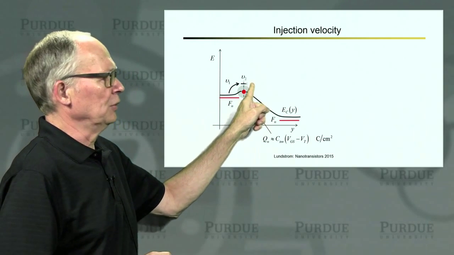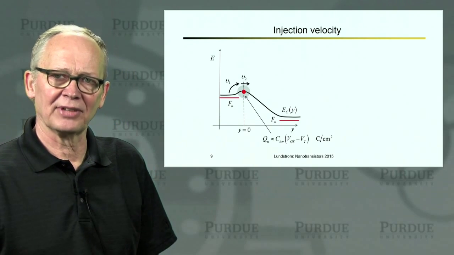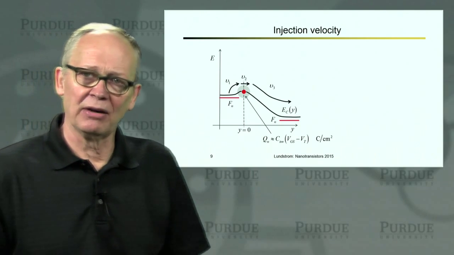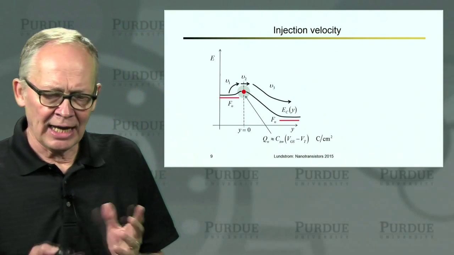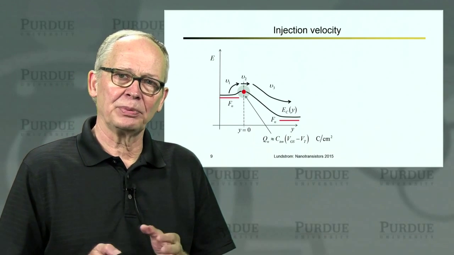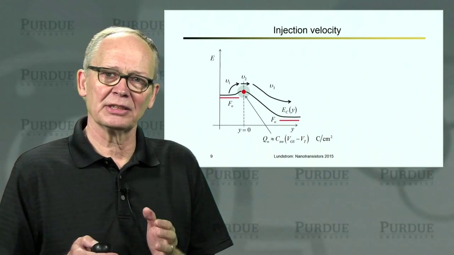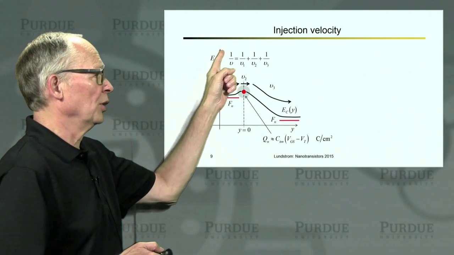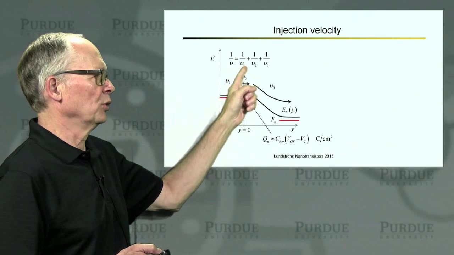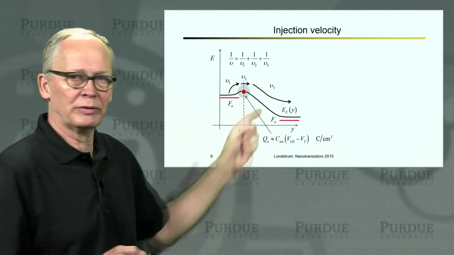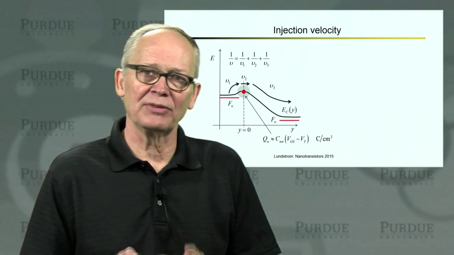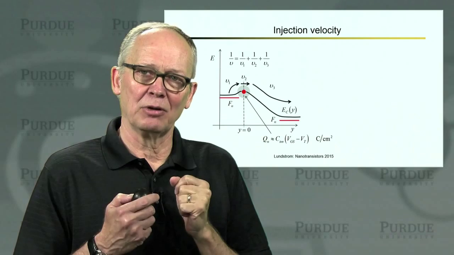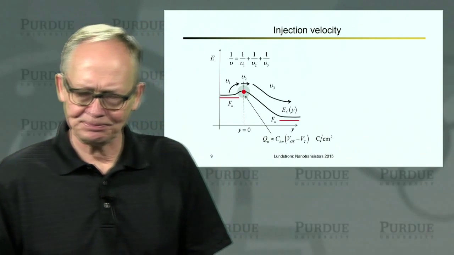They diffuse and transmit across that region at some velocity V2. And then they enter the high field region and they get swept out at some velocity V3. Now, intuitively, we would think that the appropriate velocity limiting the current for the MOSFET is the slower of these three velocities. So we can say that 1 over the net velocity is 1 over V1 plus 1 over V2 plus 1 over V3, and that will ensure that whichever one of these three velocities is the slowest, that will be the bottleneck, and that will be the limiting factor, and that will limit the current.